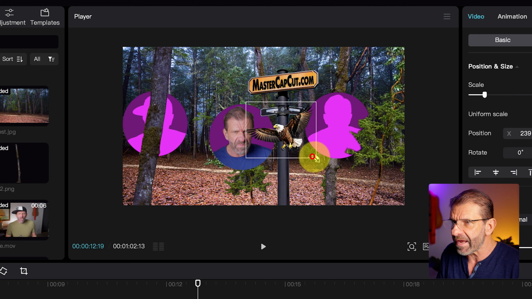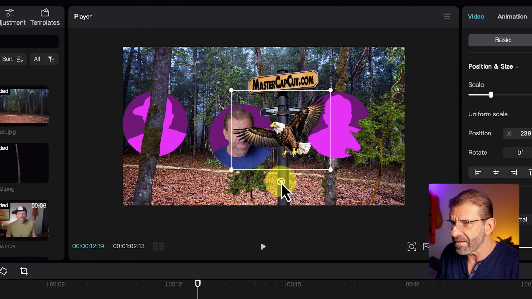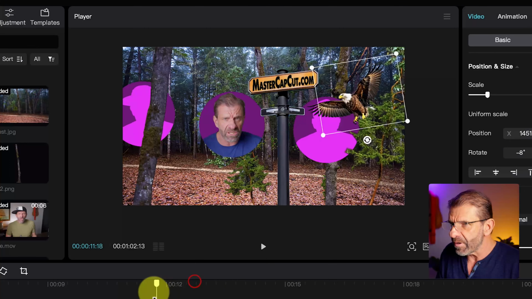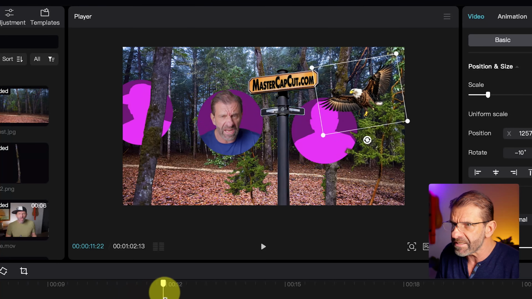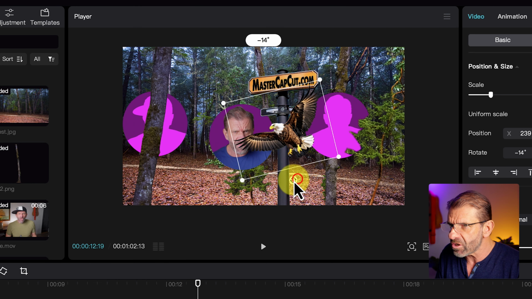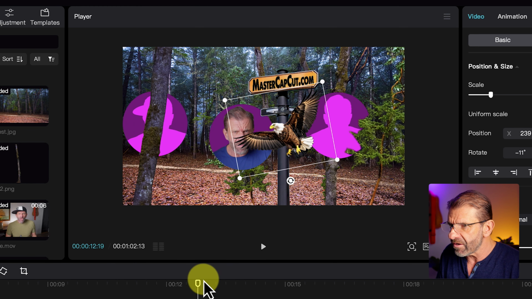And he's been flying down, right? And we want him to continue to fly down the whole way, so he's going to be flying down and getting bigger. So watch this. He starts small, he flies down, he's getting bigger, and then he's going to start rotating up. So let's go ahead and have him start to rotate up there,